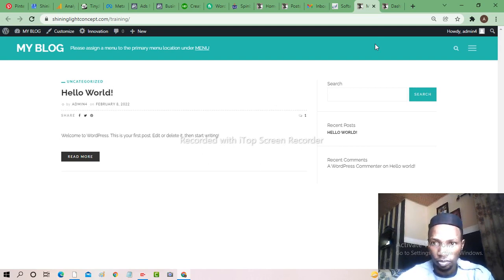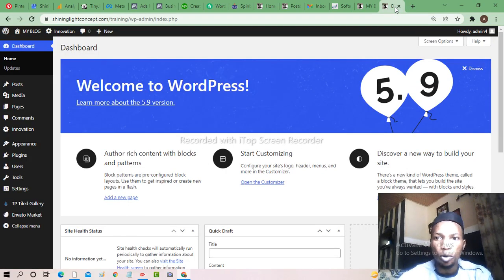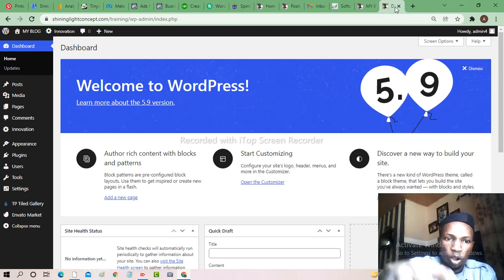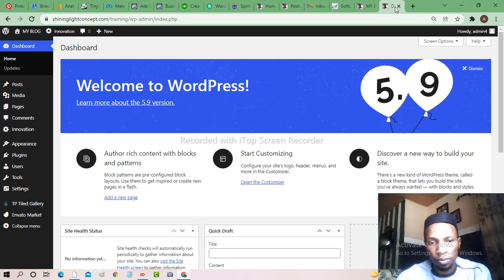There is something we call a demo importer. Demo importer is a plugin. The plugin has been installed. It's part of the ones that were installed and activated. What is its function? I know a lot of us have heard of a demo.